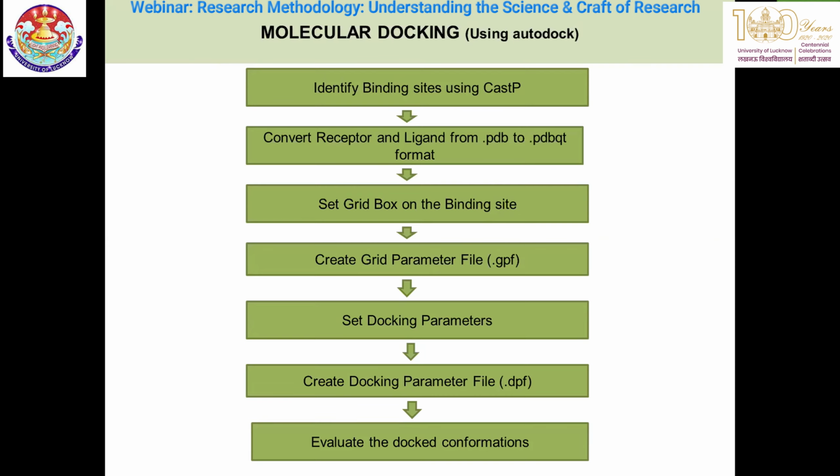Now you need to select which conformation to use, and it is based on the binding energy. The more negative the value of the binding energy, that is minus delta G, the more spontaneous, the more stable. So the more the stability, the more you will select that conformation for further studies.